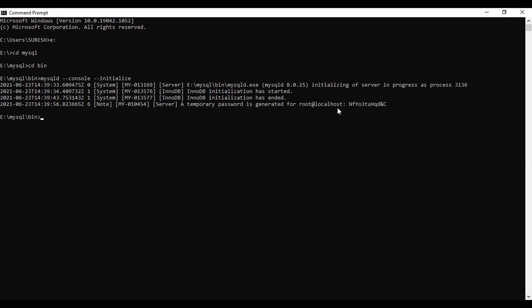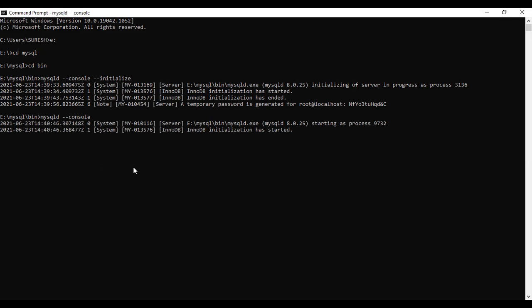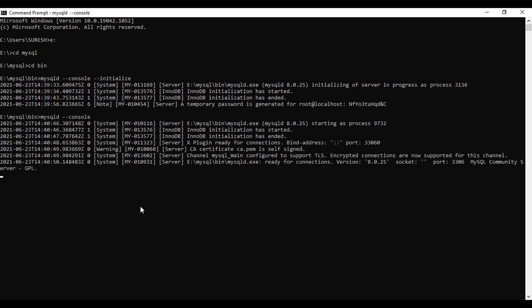We need to run this server at a particular localhost. Then you can write the console after initializing the server, and this console is ready to work.